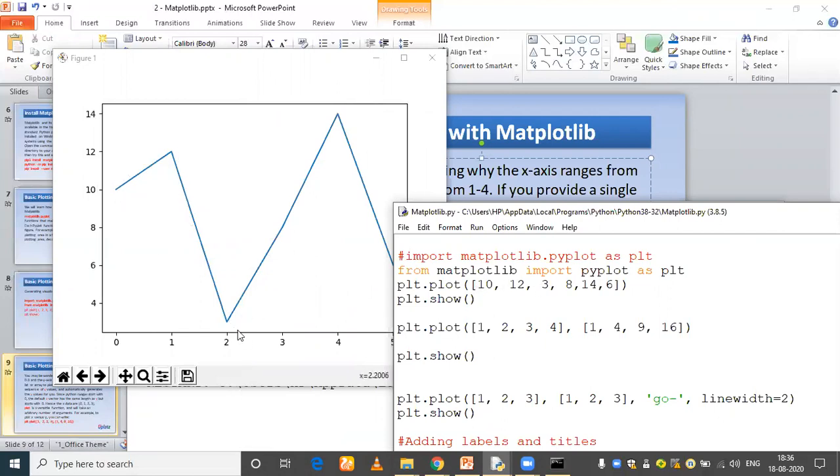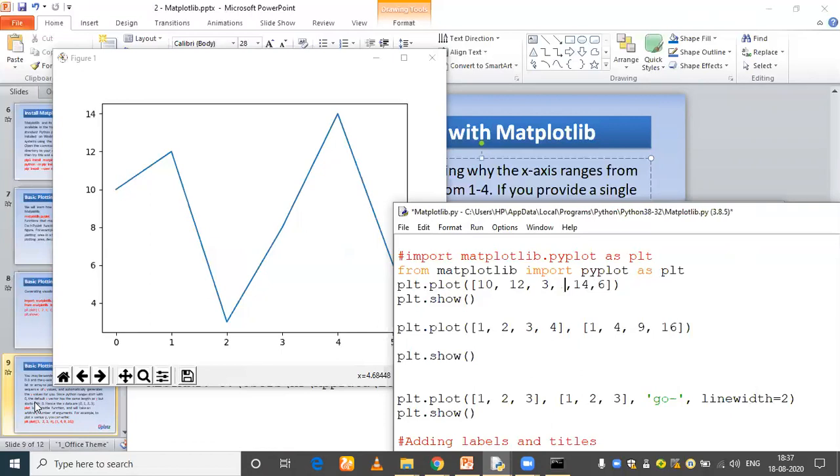What is this value? 3. After that, what is the next value? 8, and then 14, and then 6. Yeah, got it?